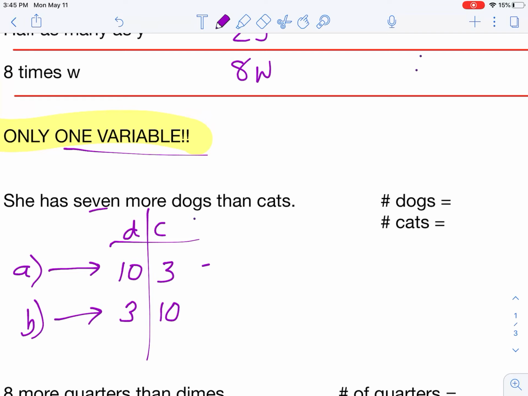So I'm looking here. Would you describe that? So you have 10 dogs and 3 cats. So you'd be like, wow, she has 7 more dogs than she has cats. Okay, so this is what we're looking at. All right, so now that we know that,